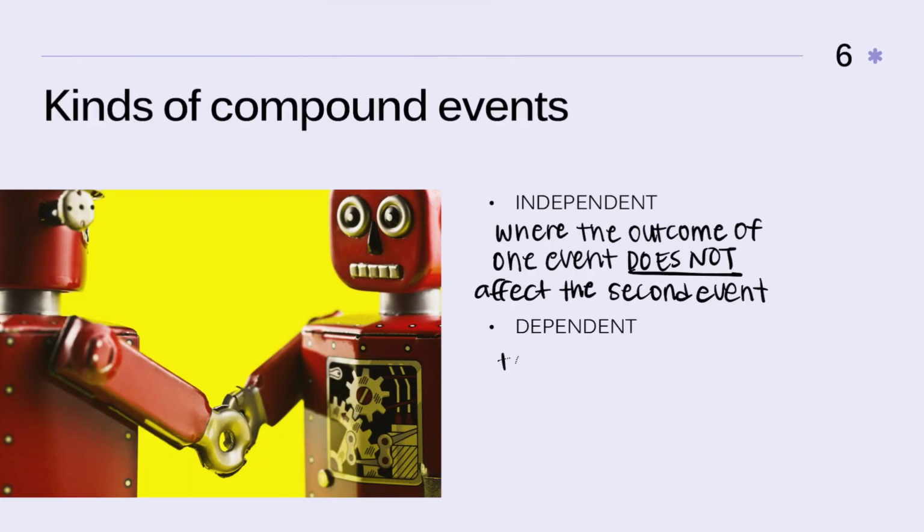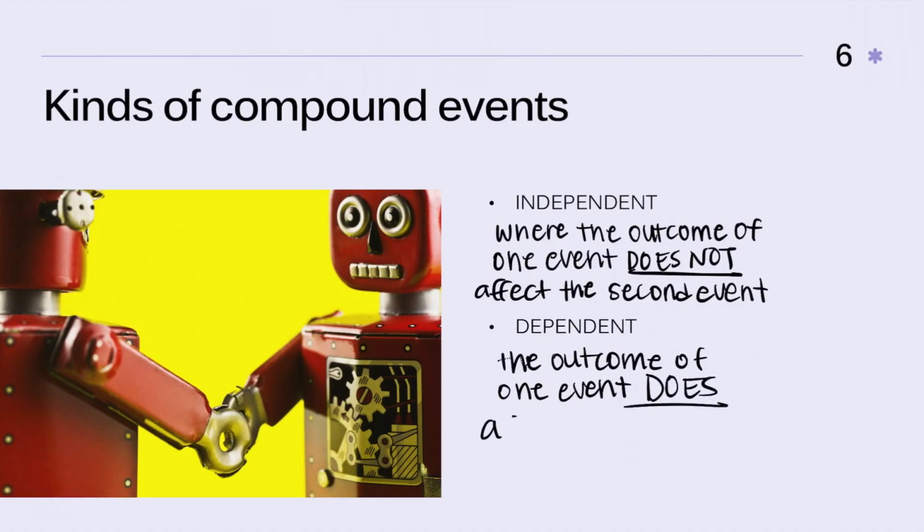It's where the outcome of one event does affect the second. Some examples of this: independent would be like flipping a coin, for example, because if you flip a coin,